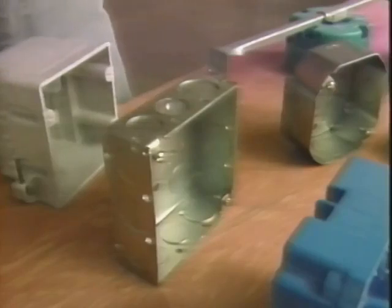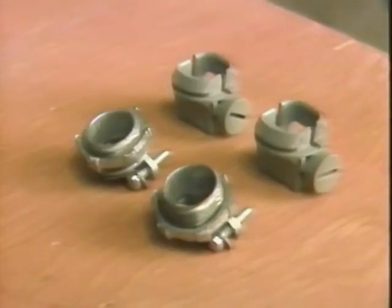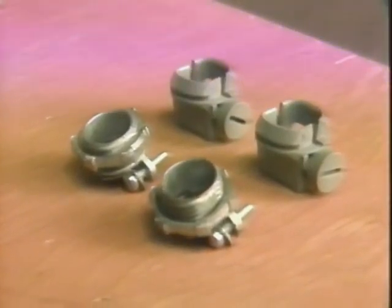The knockouts allow for the entry and exit of the cable. Prepare only as many openings as you'll need for the installation. Now, in almost every case, the cable must be supported where it enters the box. In the event that there are no internal clamps on the box, then the cable must be supported by one